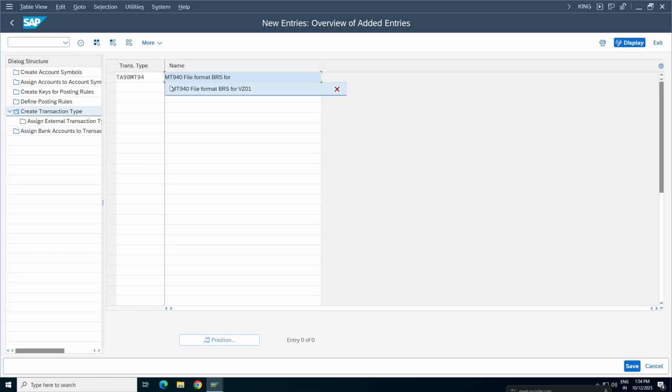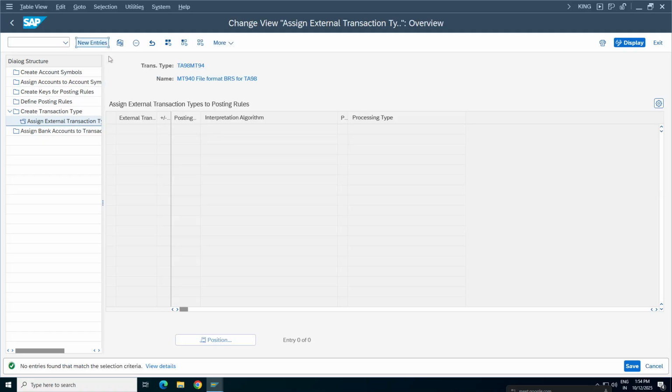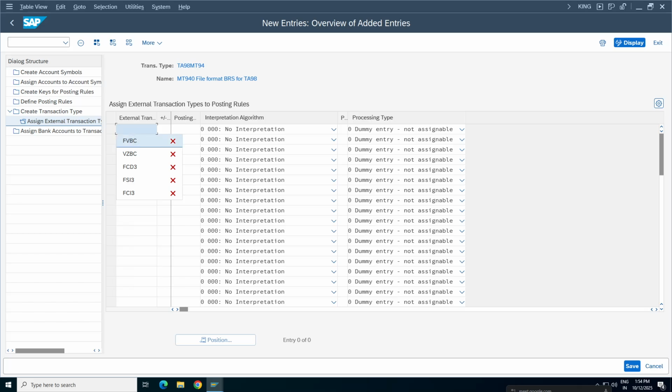MT940 is identification only. It's the ID for the file format for the BRS for TA98. Click on save. Now select this one as an external transaction type to posting rules. This is important again. Click on the entries. So here we have to enter